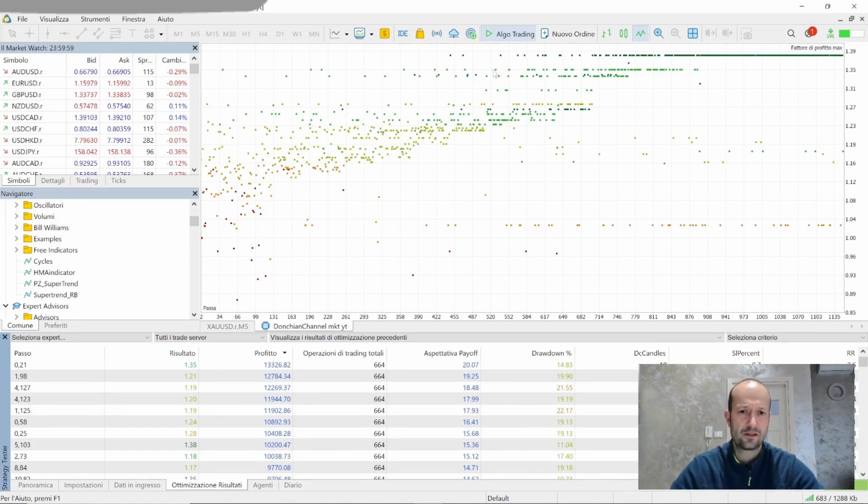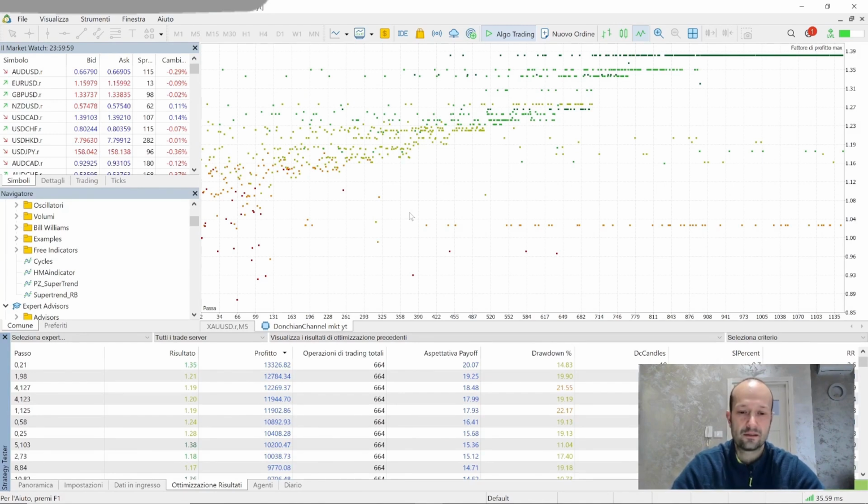While above, we have the green ones, which are the ones that give a good or at least acceptable result, right? Depending on the color. So, just visually, when you finish the test, you can tell if you have a lot of good attempts or a lot of bad ones. If everything here were red, it would mean that what we're optimizing either isn't in the right parameter range or just doesn't work. In our case, visually, we still have more green combinations than red ones, so there's something good